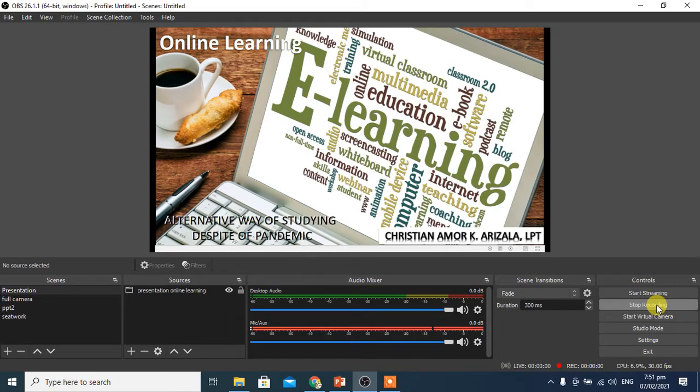Once you click start recording, this center screen, ito lang yung mare-record ni OBS. But for the entire screen, hindi nyo mare-record yan. So if you would like to record the entire screen ng inyong computer, you need another software such as the FreeCam. Meron tayong ibang training dyan to be conducted by the other teachers, no, yung FreeCam or yung ice cream